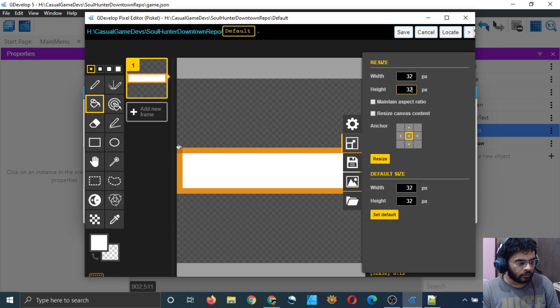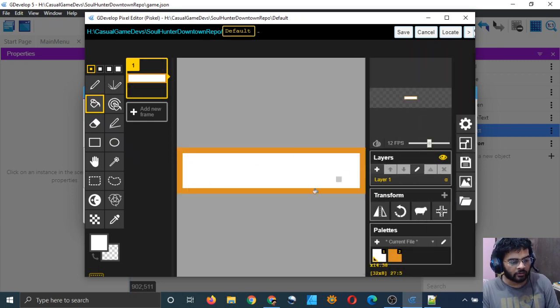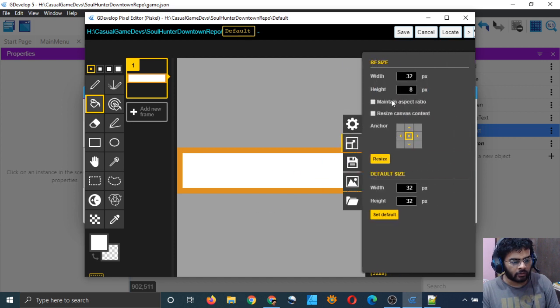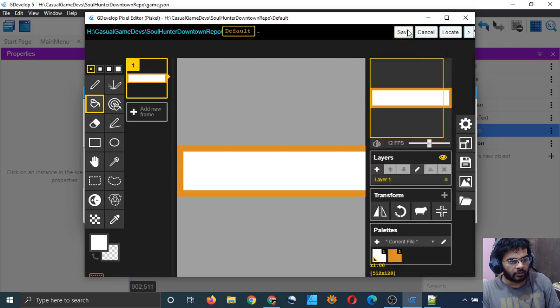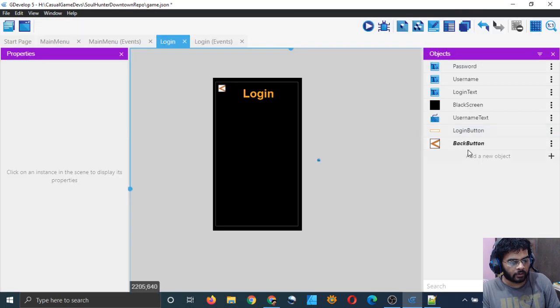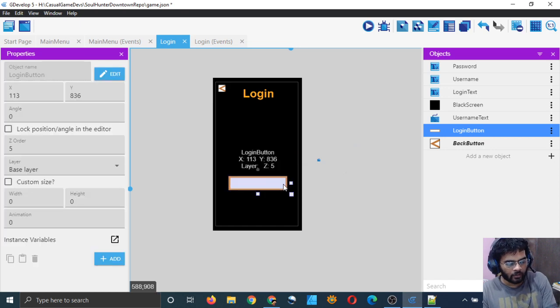What is the height? 8 is the height. I will resize it. That's looking good, and now I will maintain aspect ratio. I will resize it to width, maybe I think should be 512. Let me resize it and save it, and apply and drag it here. Yeah, it's big enough. Nice, nice and big.